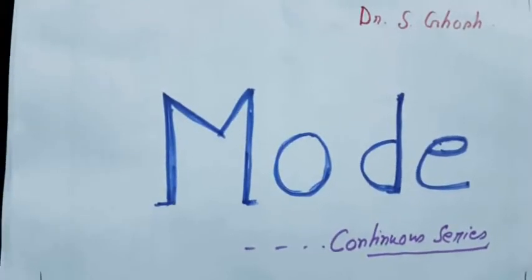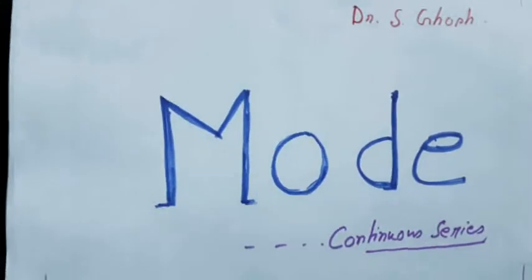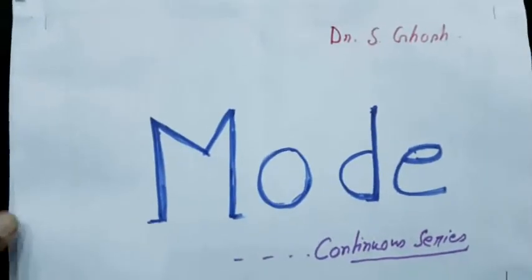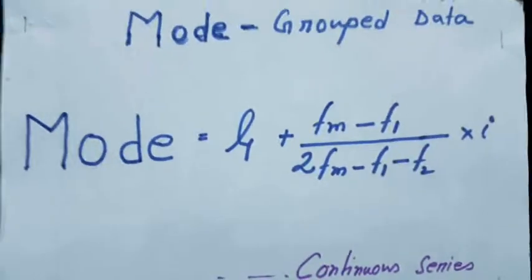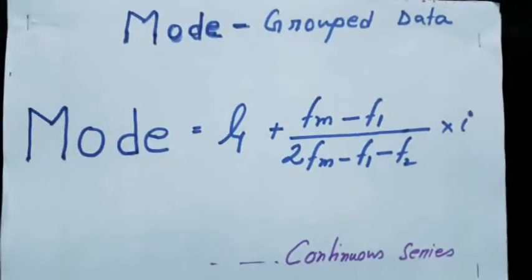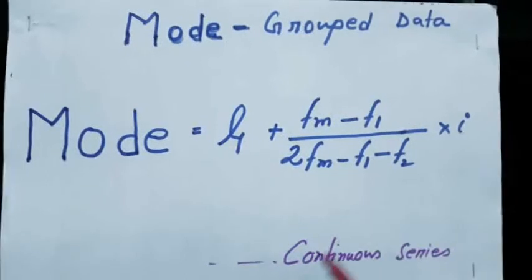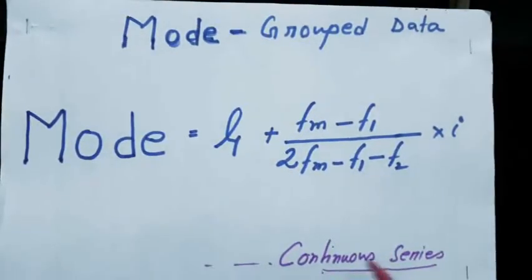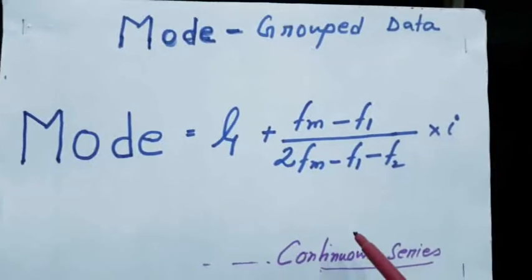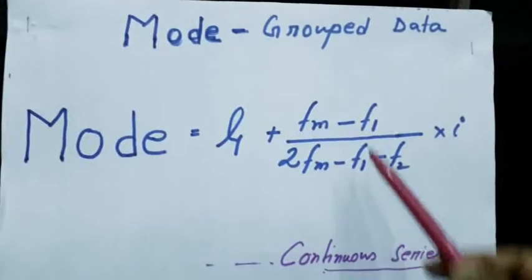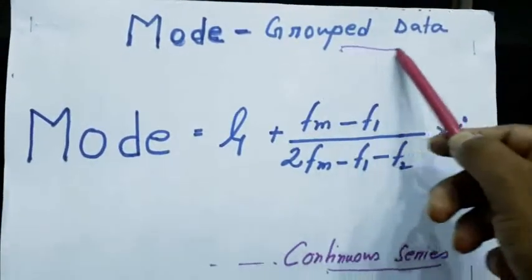However, for the continuous series we have a different formula. This is the formula of mode of a continuous series, and you can also apply this formula for an ungrouped dataset,